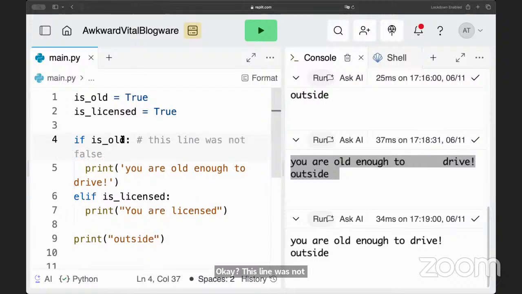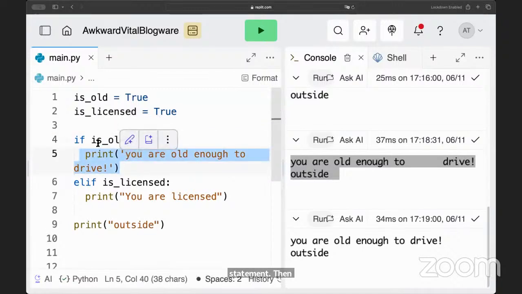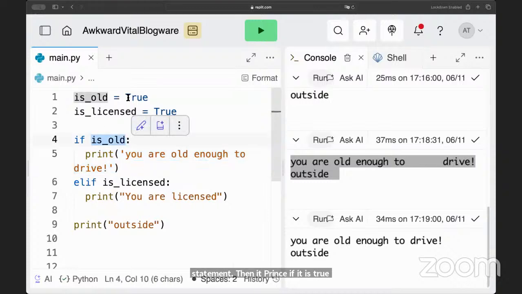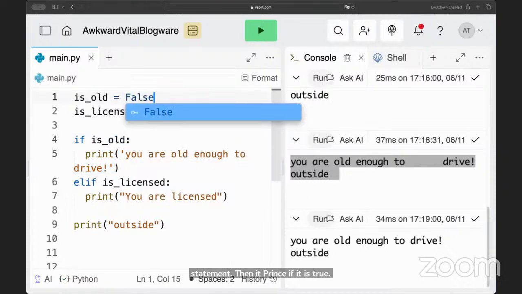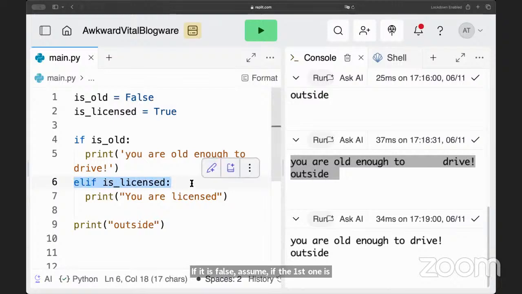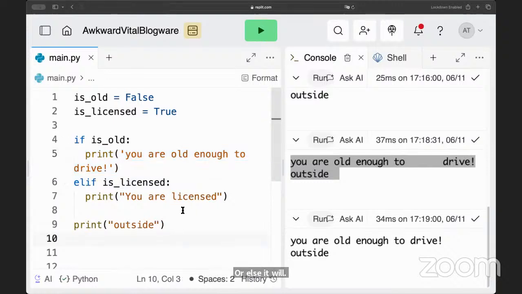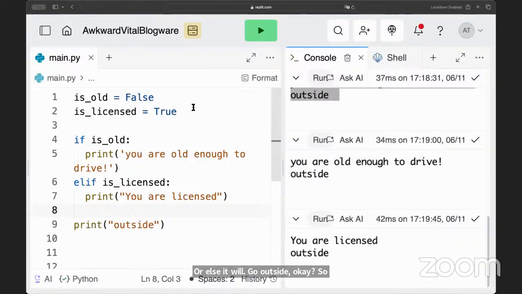So it checks the first statement, then it prints if it is true. If it is false, assume the first one is false, then only will it go to line number 6, or else it will go outside. Okay. So let's see. You are licensed outside.